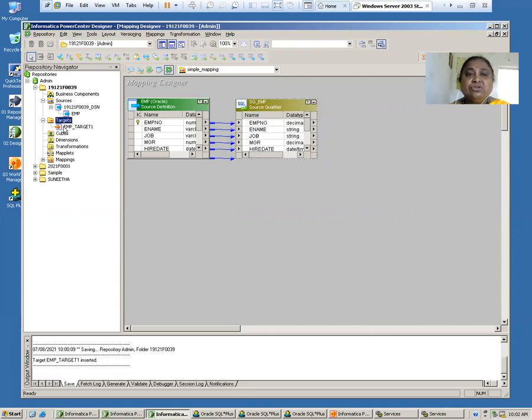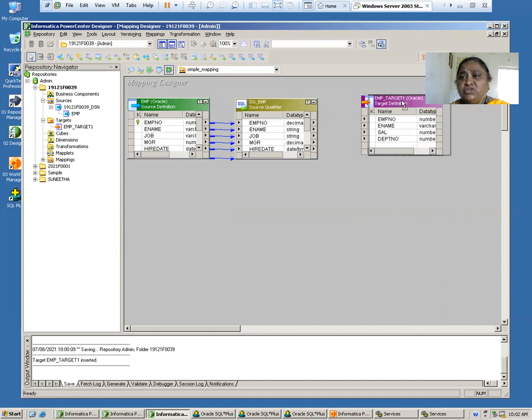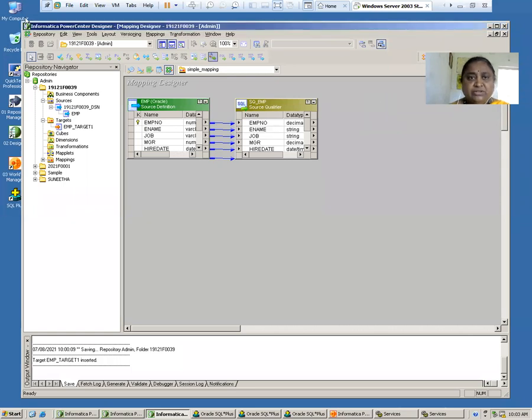Next, I will drag and drop my EMP target. Once I drag and drop my EMP target, what do I have? I have only EMP number, name, salary. So I don't want this. I want some other thing. I want all the records.